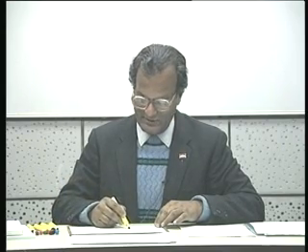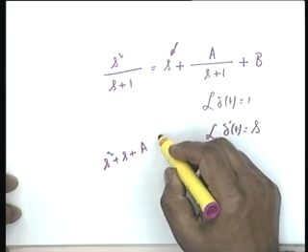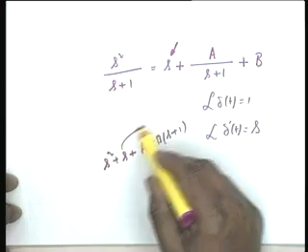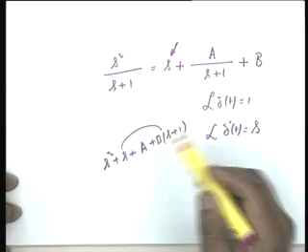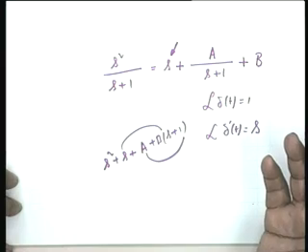What should we do? We must have A plus B, a constant B. Okay? Then everything is taken care of. You see, we will have s squared plus s plus A plus B s plus 1. Now we can cancel s and Bs. s squared can remain, A and B. A plus B has to be equal to 1.